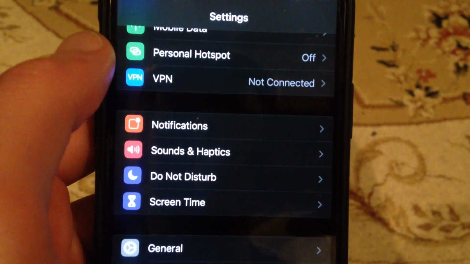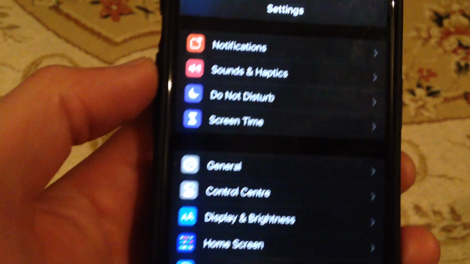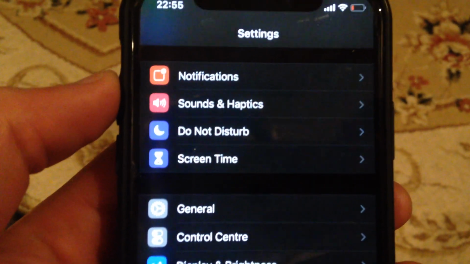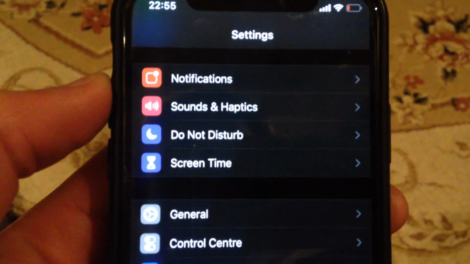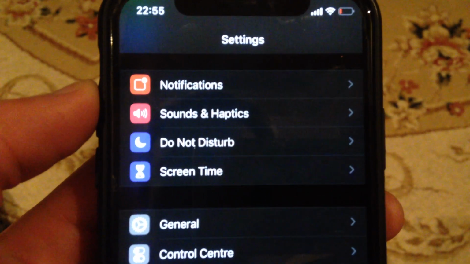And if you still have this error, just try to make a hard restart on your phone. It depends on the model of iPhone you have, because I will show you an example of an iPhone with Face ID. If you have another model of iPhone, just find in Google what combination of buttons you need to press